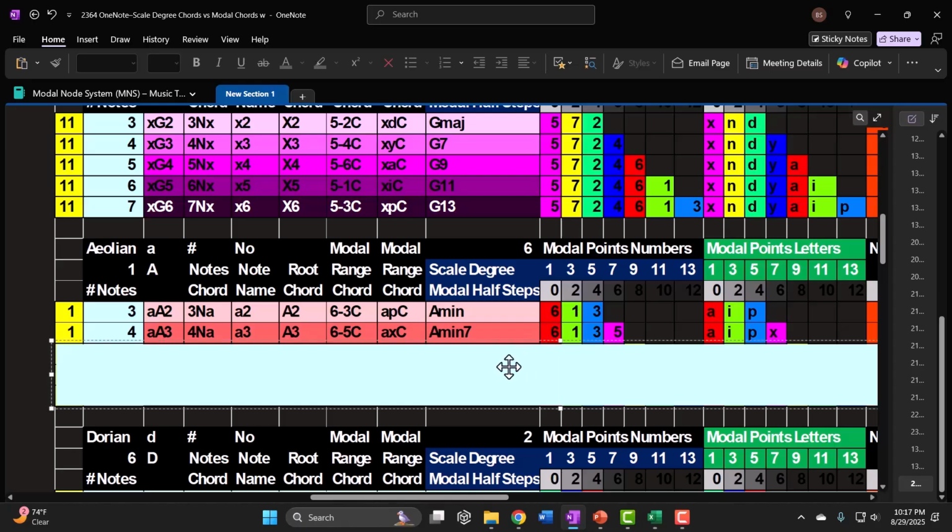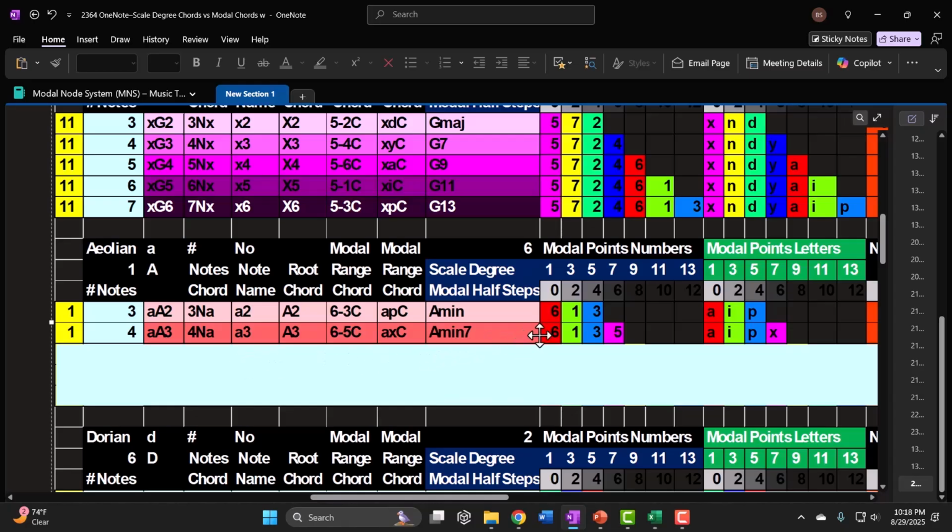What if we have an A minor 7? So the 7s are going to be the same for all of the minors. So that's going to be within all of them, but I don't know which note I'm on, so I'd rather call it a 4-note Aeolian chord, or a 4th shade of red chord. You could call it an Aeolian A3 modal whole step chord, but the A is redundant if you already